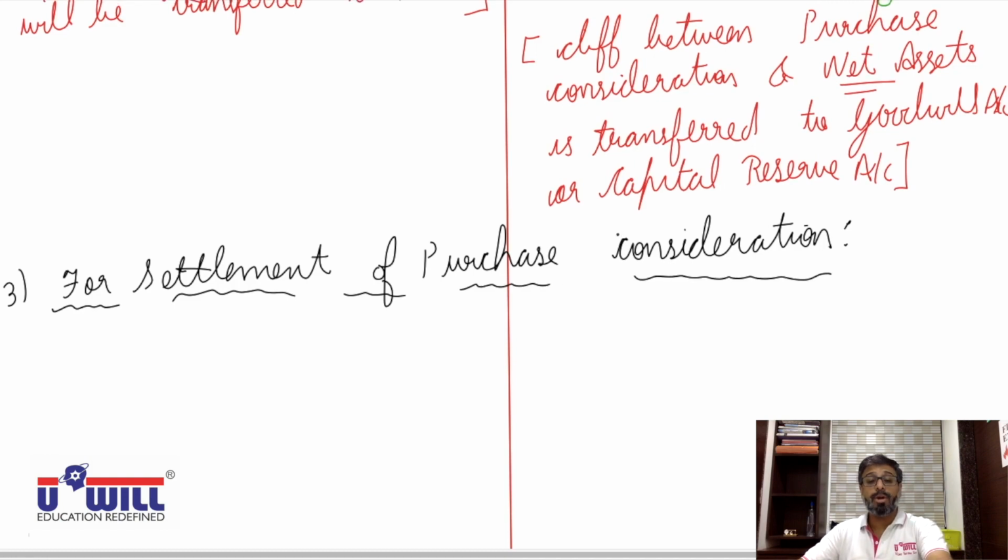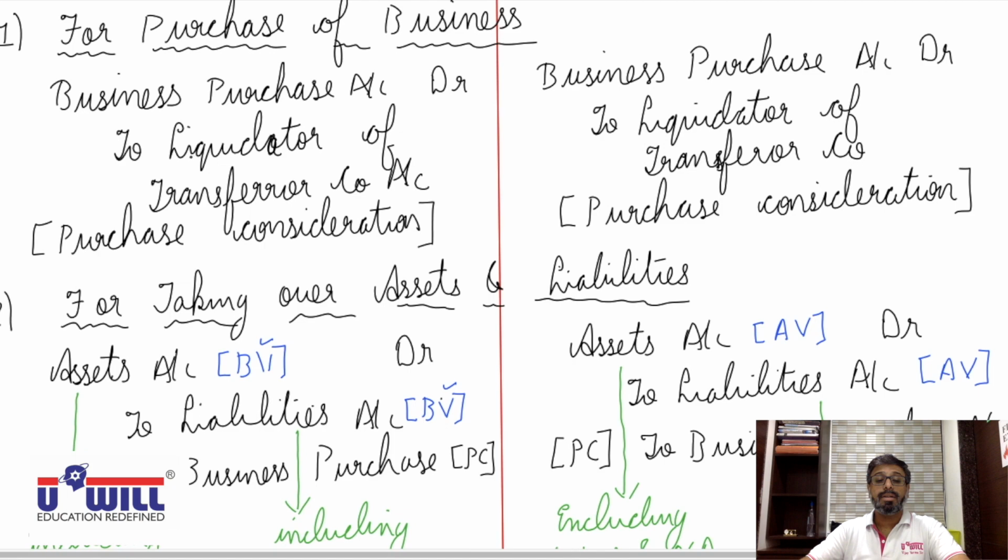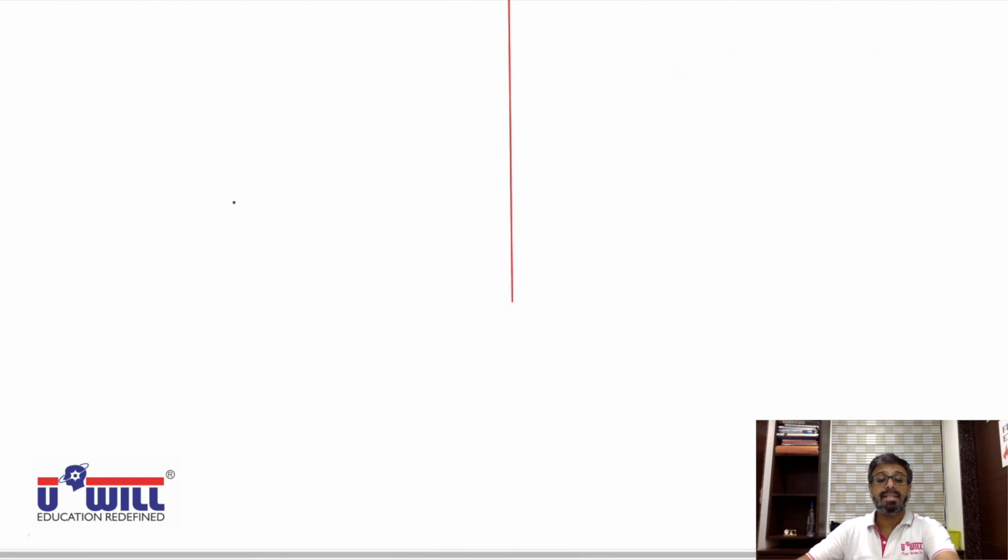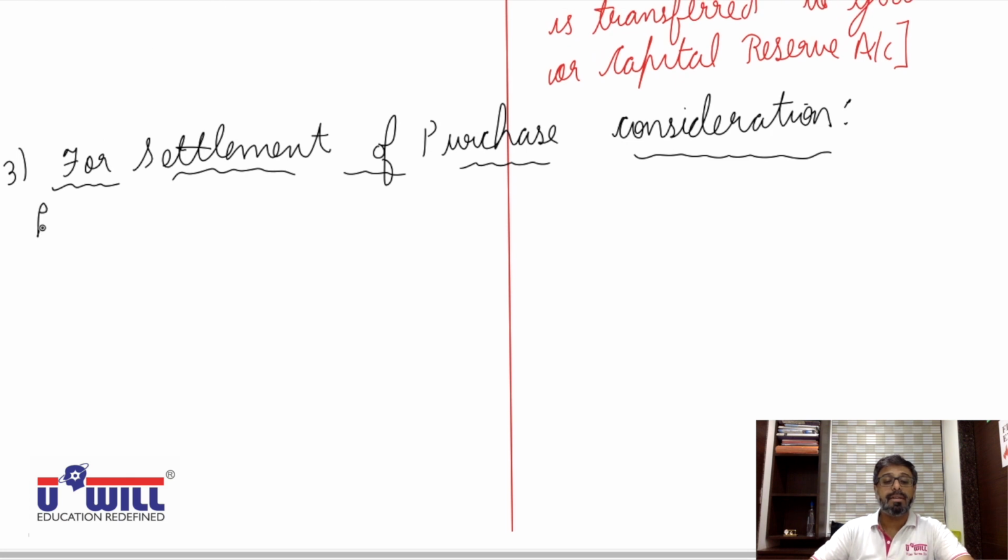Now, whom are we going to pay the purchase consideration? The liquidator. Okay, so liquidator is the receiver, debit the receiver, liquidator of transferor company account debit,